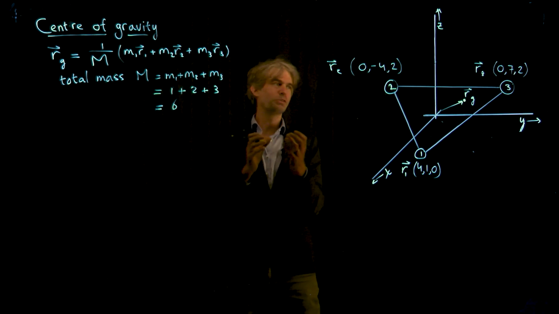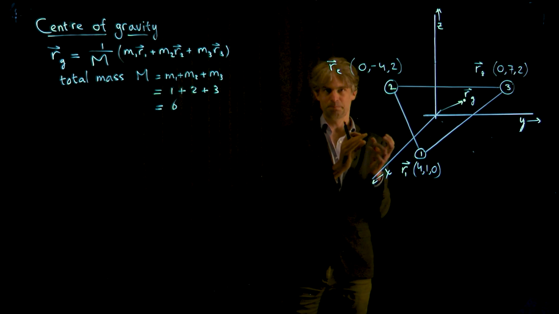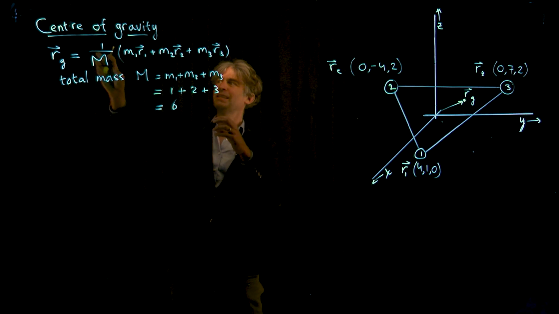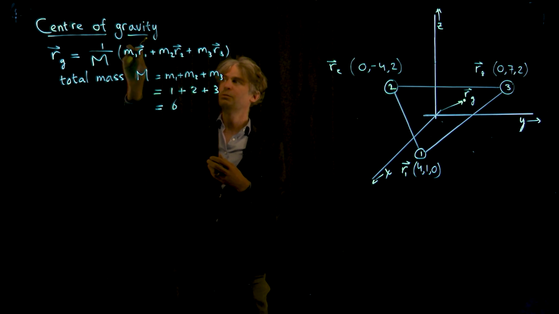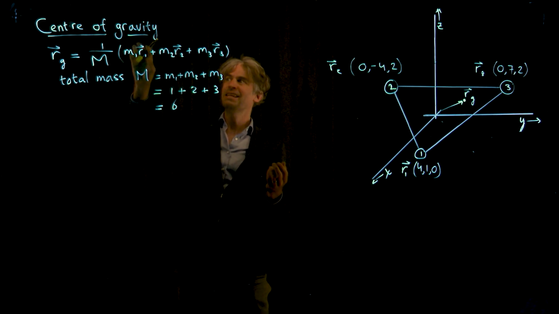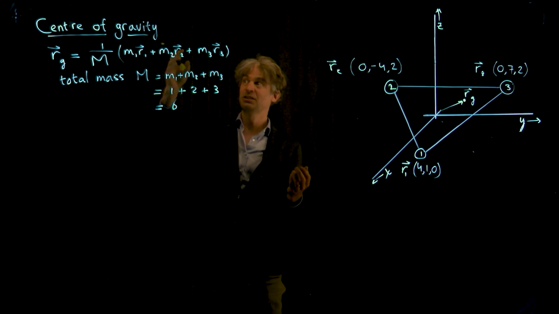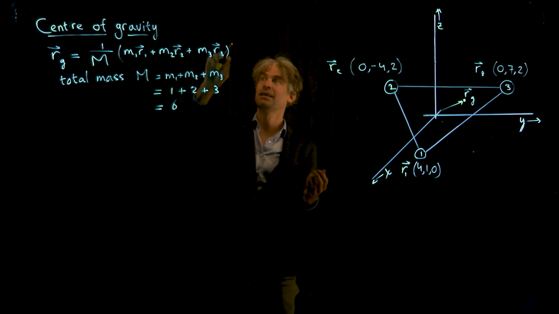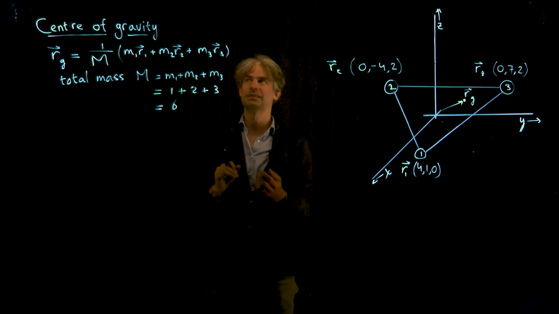And then you have to think of it as follows. The proportion of the weight determines how much the center of gravity shifts towards the point where that weight is positioned. So this is the total weight. m1 divided by the big M is the proportion of the weight m1 compared to the whole, and it adds to the total position: it's the position r1 times that proportion. Then the addition of r2 is determined by m2 divided by the total weight, and the addition of r3 is decided by m3 divided by the total weight. So that's how you do it.